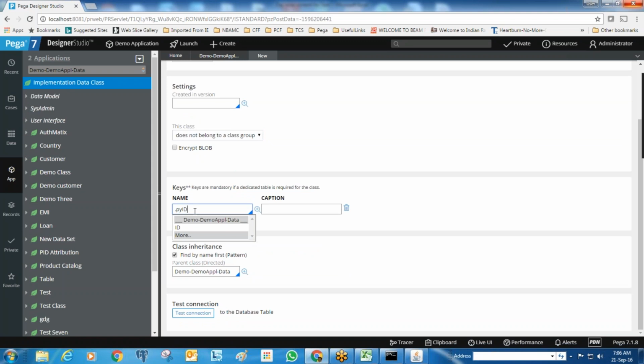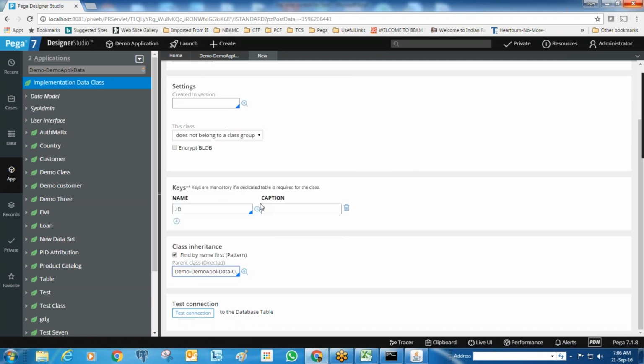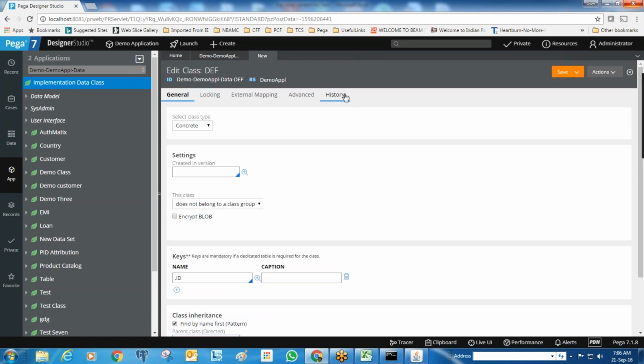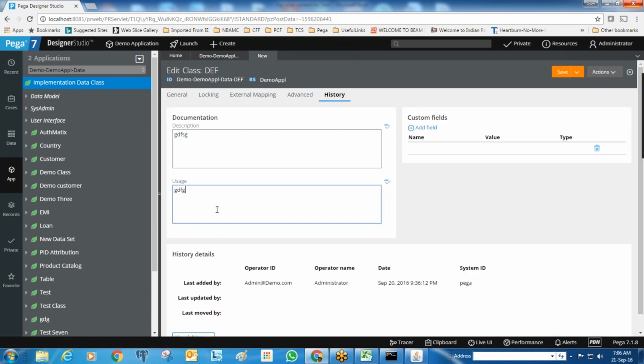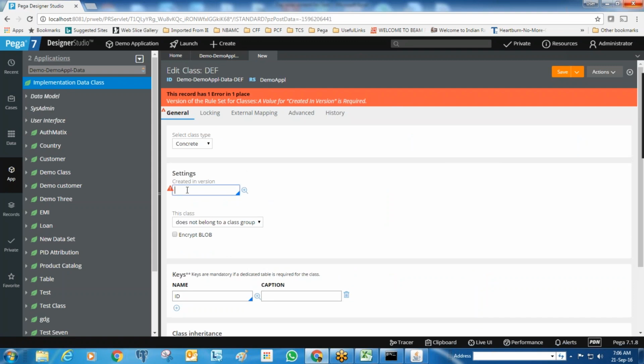PYID, here I am inheriting ID is fine, and then here I am using customer as the inheritance, and then give some history here, usage, save it, and version is required.